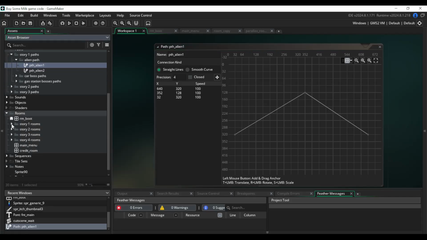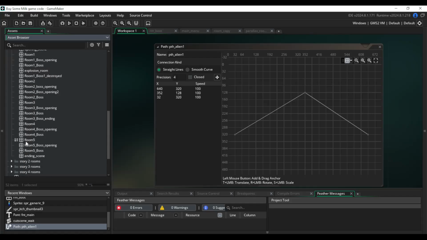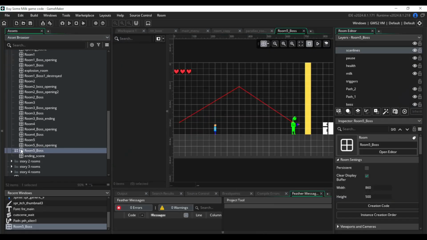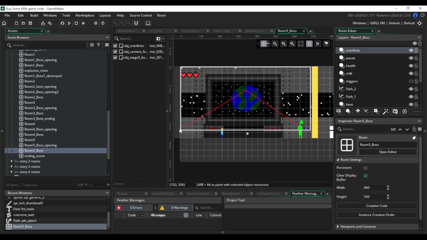So far for this, let me just open up one that already has a path. Something like this, where you see this red line here, this is a path. Since I have to jump down, this is a room in which you're going to be putting all your objects you've made and programmed into here